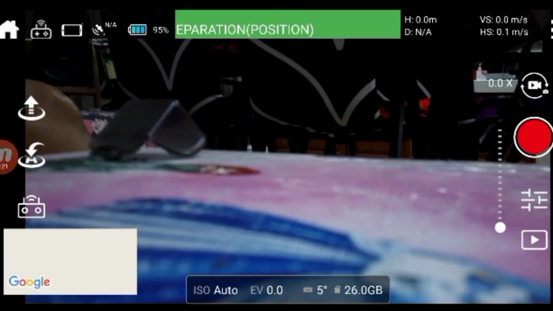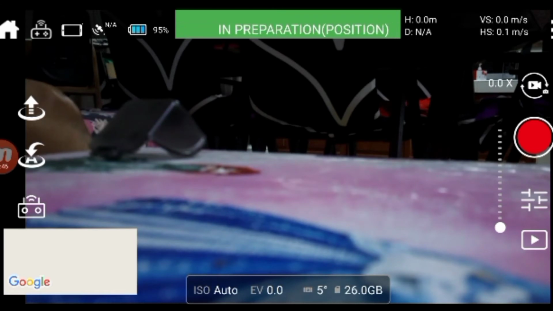It's a good application, although not as good as the other high-end applications like those of DJI and other high-end drones maybe.